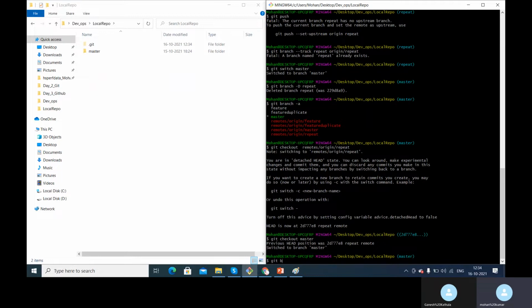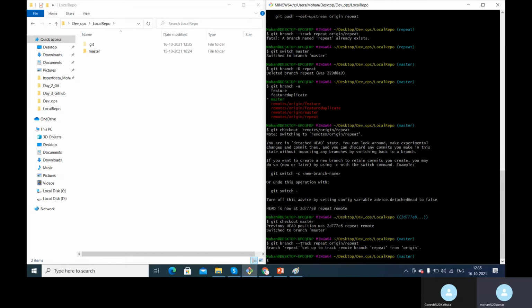The command is git branch --track, and the branch that I want to create is repeat, because the name of this local branch should always be the same as the branch name of the remote repository. Okay, so that is something which you have to keep in mind. Now the remote repository path is origin/repeat.